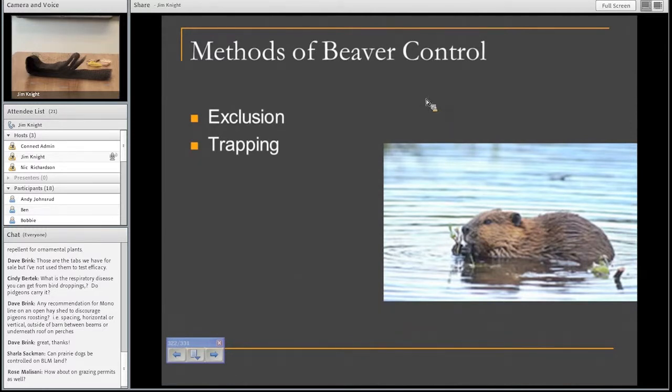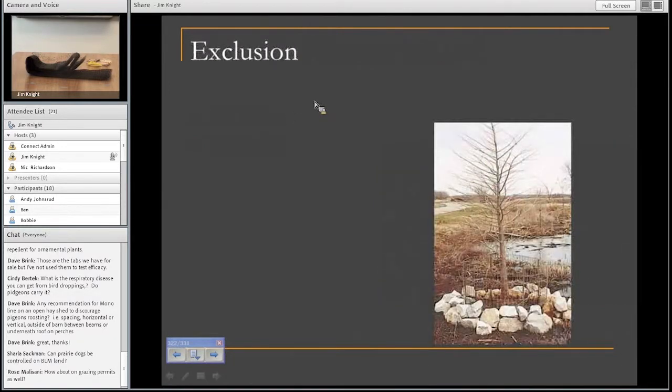But first of all, let's talk about exclusion. Beaver are large animals, they're strong, they're persistent, and so if you're going to protect a tree, you need to use some pretty stout fencing to put around the tree. Now, sometimes people will take wire and put it around the trunk of a tree, and beaver will just push on it and then chew right through it, and they start working on the bark of that tree. And sometimes you really need to pick and choose. If you have a lot of trees and beaver are working on them, you need to pick the ones that are the nicest, the ones you really want to save the most, and spend your time putting barriers around them.